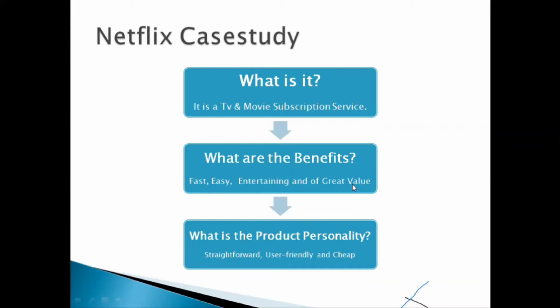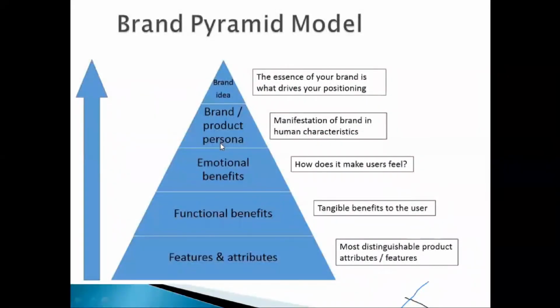So that's the case study that shows how Netflix utilized brand positioning to grow its brand. Okay, so let's look at the pyramid model. This is an interesting model that people think is difficult to execute, but it's really very interesting. It starts from the bottom to the top. The bottom is where you're starting your movement, and the top is the peak of your product.